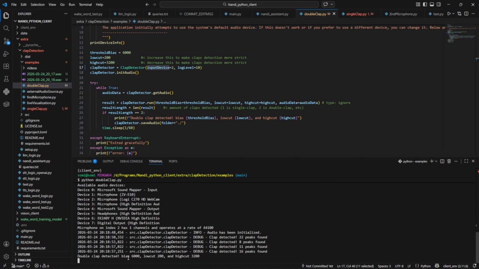Okay, so there are bias, low cut, and high cut values. You can change these values to make the clap detection more strict or more easy. Okay, and that's it. So you can run the script to detect claps and attach this clap detection algorithm into